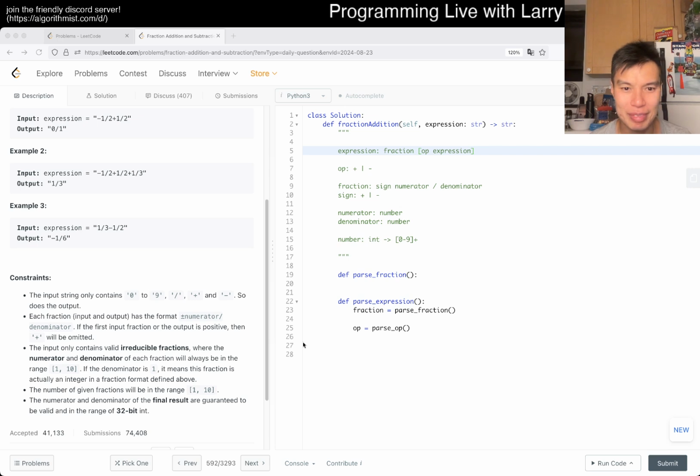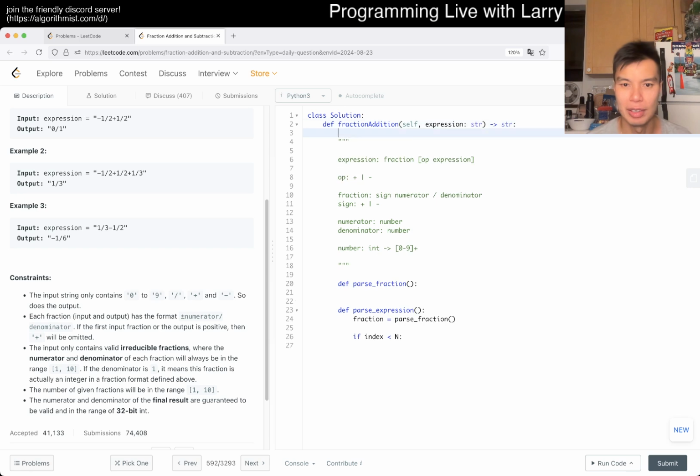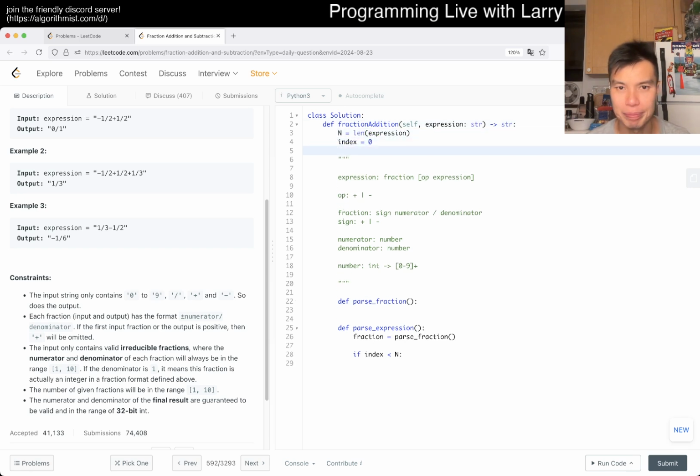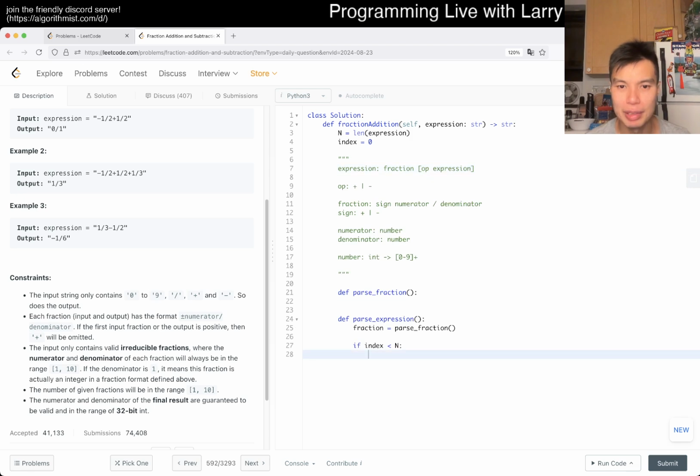I don't know, but yeah, something like this, right? So now, if it's not over, because I think this is either over or not, if we're well-formed language. And for now, we expect everything to be well-formed, assuming that we are correct. So if index is less than n, that means that we haven't consumed everything, right? So n is equal to length of expression, and index is equal to 0 is how I write it. Then we parse